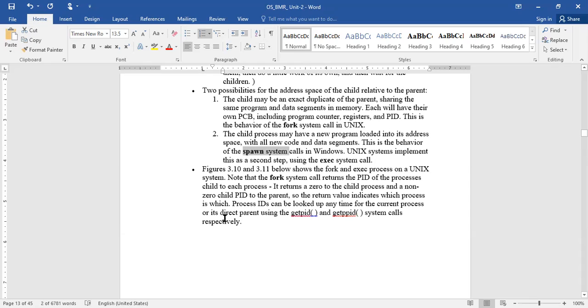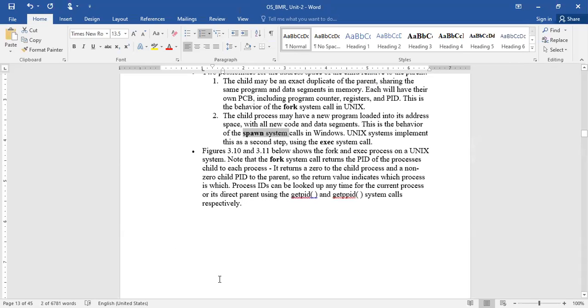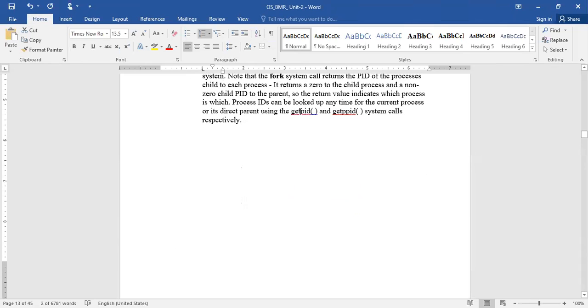In both, the important point to remember is the fork system call returns the process ID of the child process, right? So if you type the command getpid or getppid in the command prompt, you get the ID that was assigned to you. Here in our program, I will try to print the parent ID, printf parent PID, so that we'll get 11700 as the process ID.